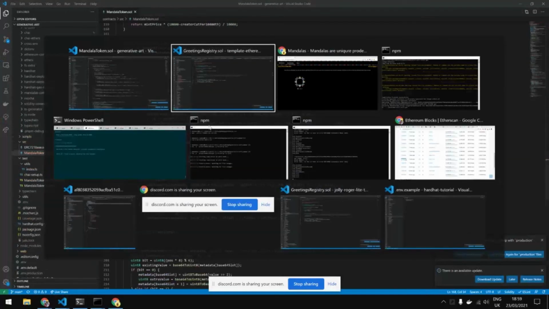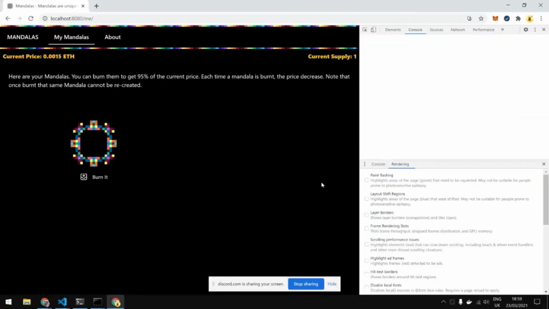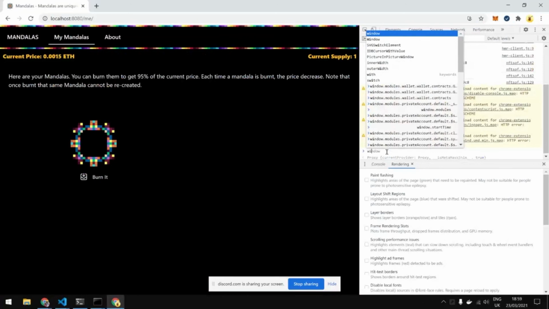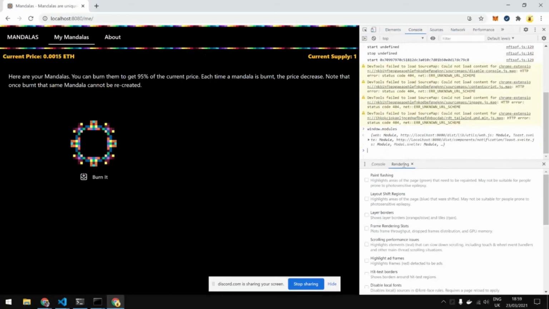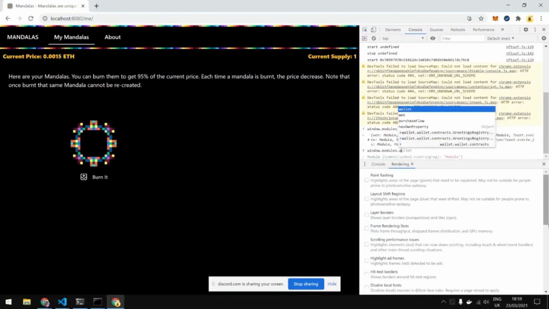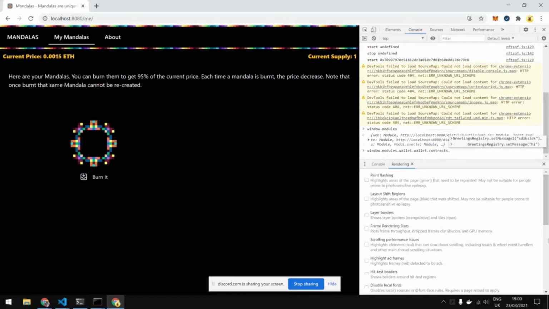I forgot if I added a feature there, but I could. Yeah, I have all the modules. I have access to all the modules, so I can access the wallet module, which has a wallet parameter, and that wallet is actually the wallet of the user, and I can access every contract. So I can access Mandala token.